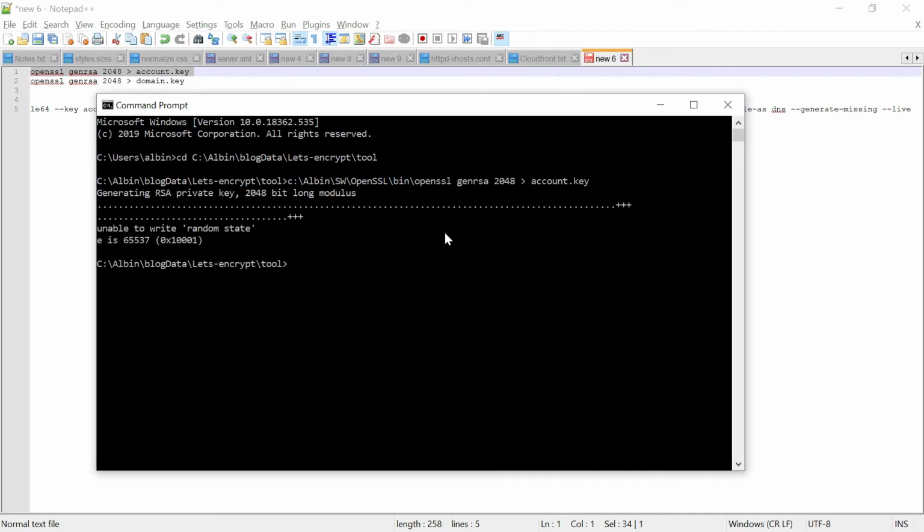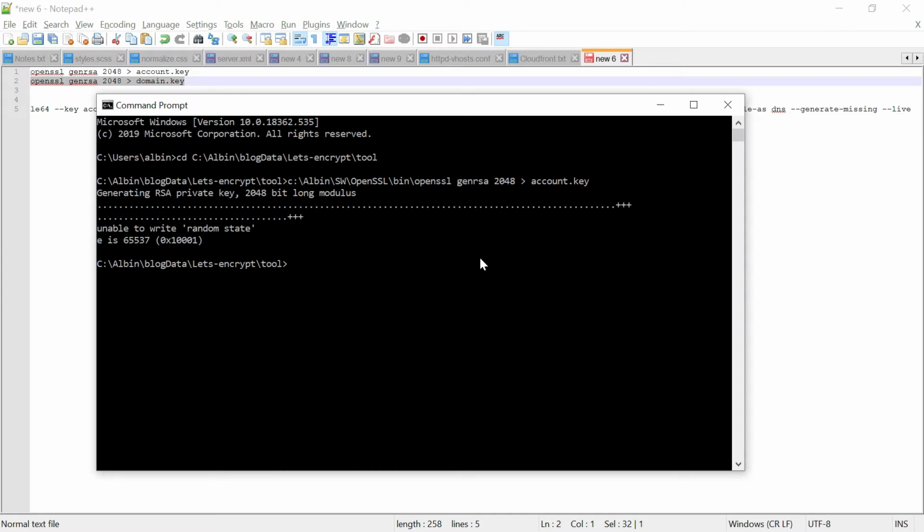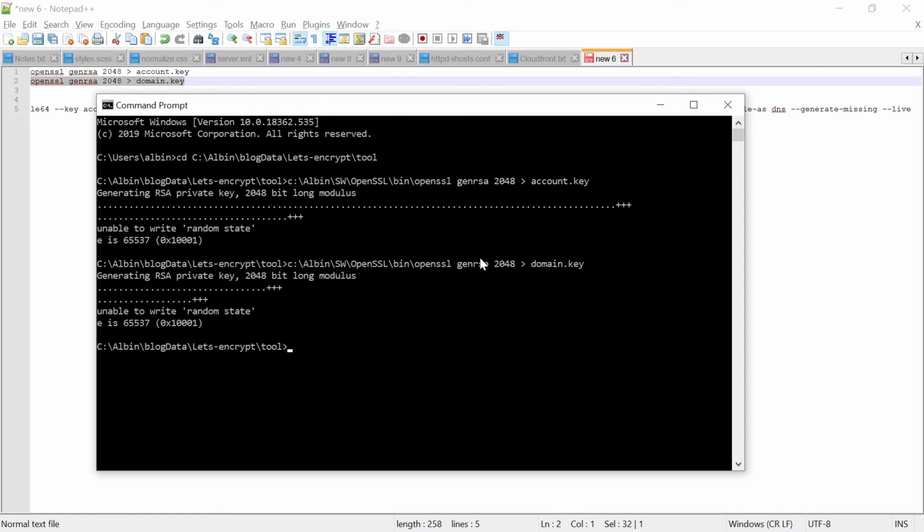Yeah, the key is created. Then create another key with the name domain key. Okay, now both the keys are created.